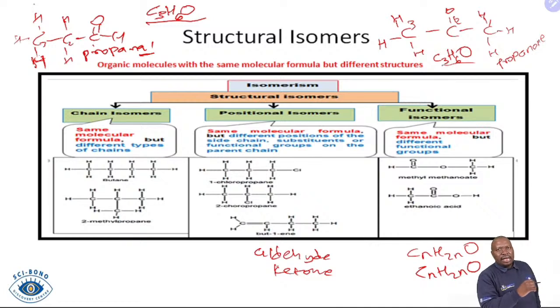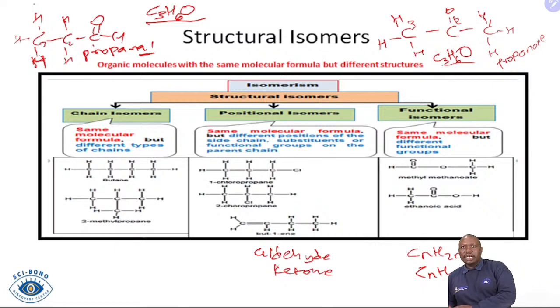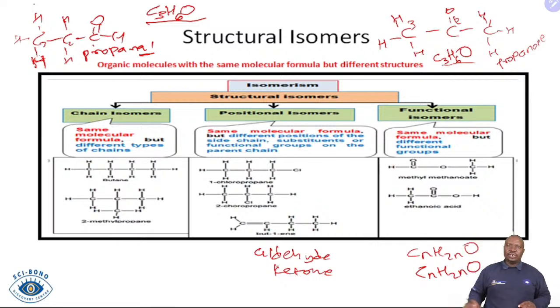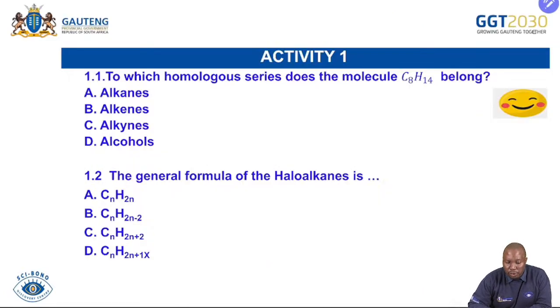All other isomers will belong to the same homologous series. But only functional isomers belong to different homologous series. So all the time, if the homologous series is the same, you will know that these can either be chain or positional isomers. But if the homologous series is different, it can only be functional isomers. I hope you will be able to remember these isomers when we do the questions, because they will be part